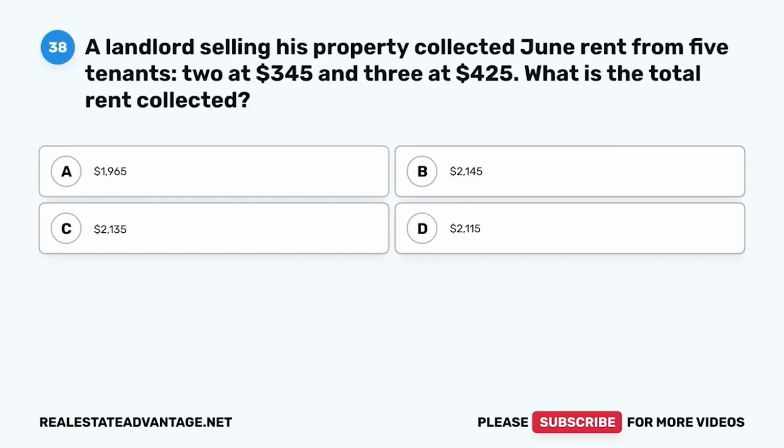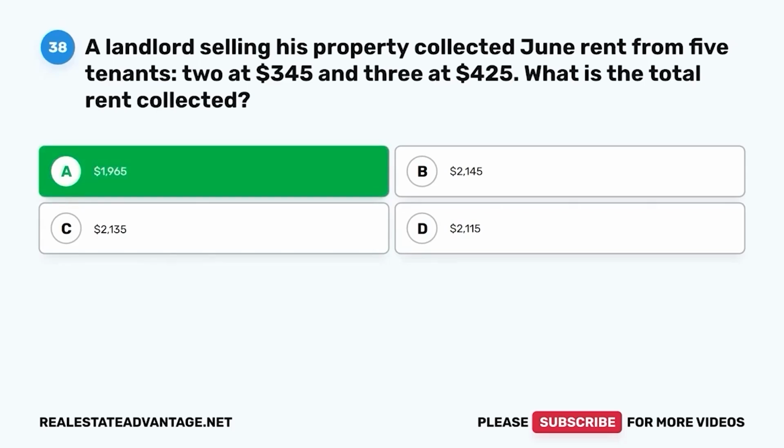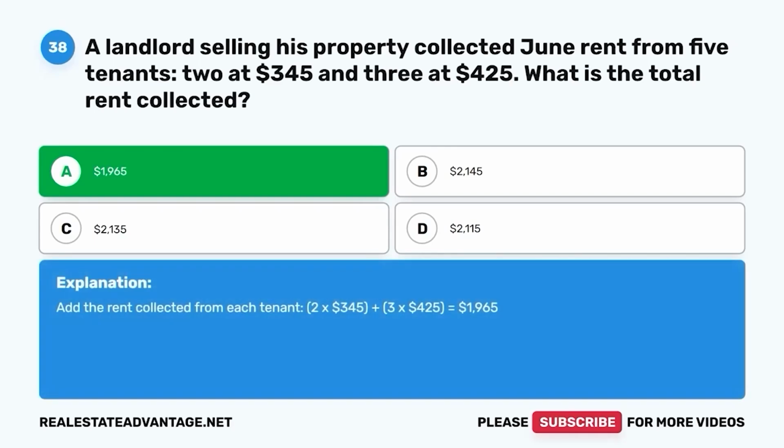Question 38. A landlord selling his property collected June rent from 5 tenants, 2 at $345 and 3 at $425. What is the total rent collected? A, $1,965. B, $2,145. C, $2,135. D, $2,115. The correct answer is A, $1,965. Add the rent collected from each tenant, 2 times $345 plus 3 times $425 equals